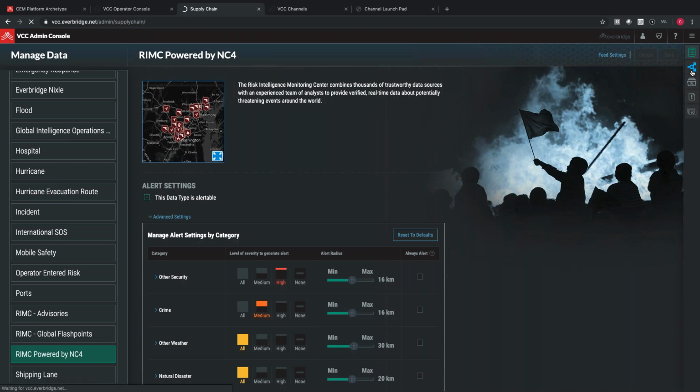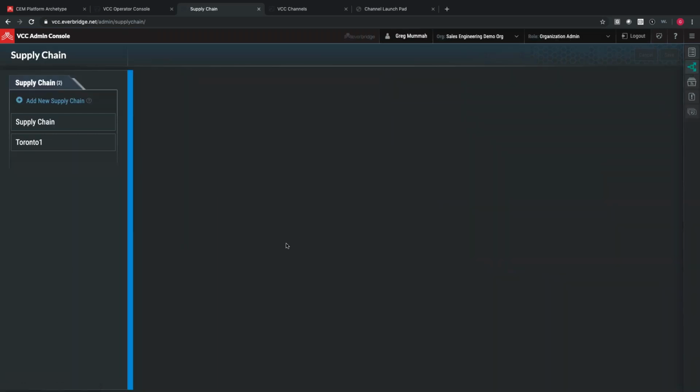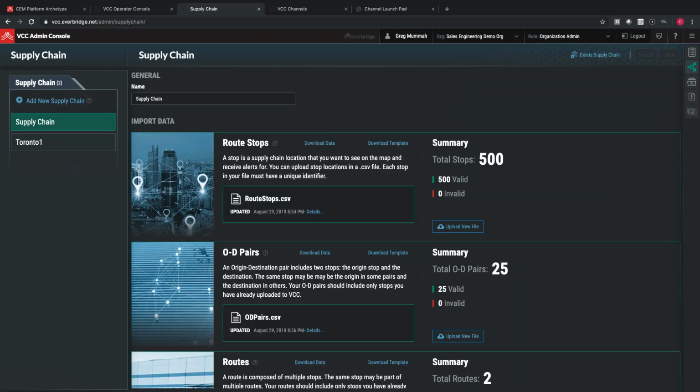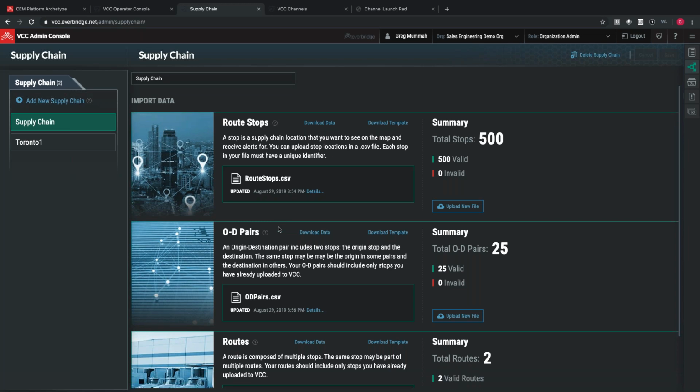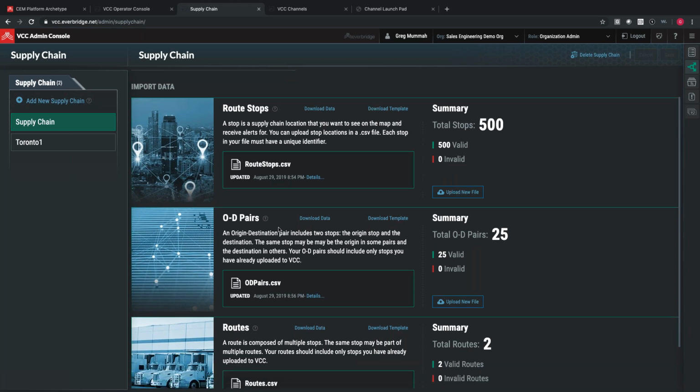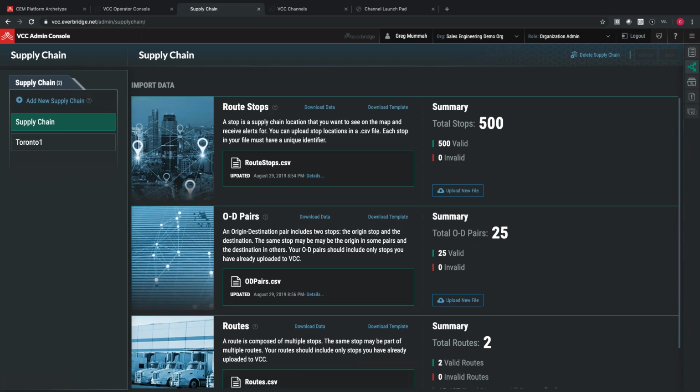Next, we have supply chain assets. This is really pretty straightforward. It's going to be your routes, your route stops, and your origin destination pairs. If you don't know much about supply chain, those are important things. If you do know a little about supply chain, then you'll know what I'm talking about. These can be imported. Basically, I can add routes and places that they stop and determinations on what a particular